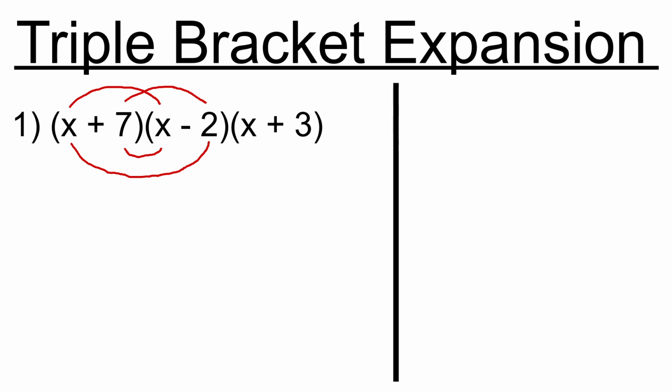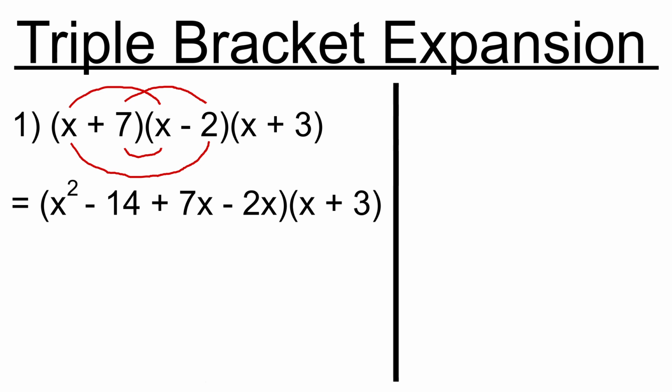So expanding out, you just times one part at a time. I started with the top part, so I did the x times the x, which is x squared. I did the 7 times the minus 2, which is minus 14. I did the plus 7x because it's 7 times x, and the minus 2x. So I've just expanded it out and put it in its own bracket, keeping it multiplied by the original x